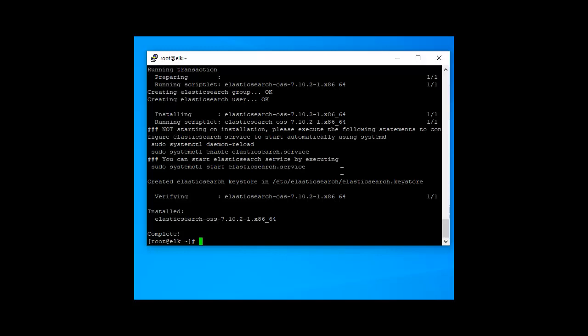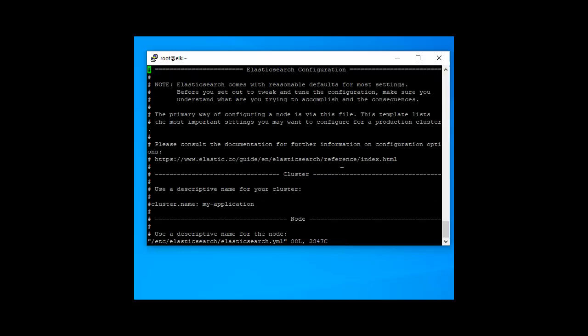So edit the configuration file to change some parameters. The command is vi /etc/elasticsearch/elasticsearch.yml. Press enter. In this file, we change the cluster name.